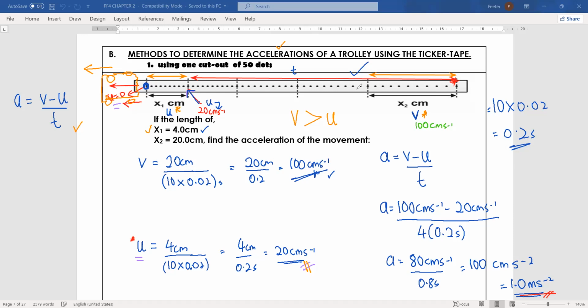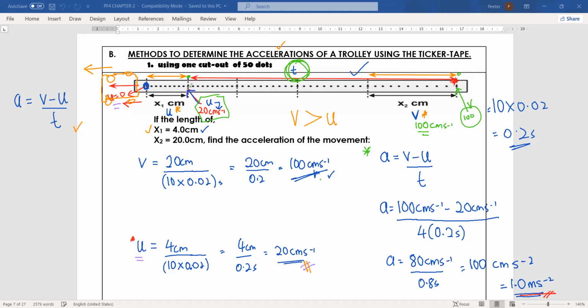Next, what is happening? So initial velocity, final velocity. We want to calculate the acceleration because the ticker tape can be used to find acceleration. So what is acceleration? A equals V minus U over T. So V, we know, is 100. U, we know, is 20. The time between V and U: as I said earlier, the final velocity, which we found as 100 cm per second, was achieved at the last one, here. The initial velocity, which was 20, was achieved at the end of the initial part. Therefore, the time that we're going to take for acceleration must be from here to here, after the